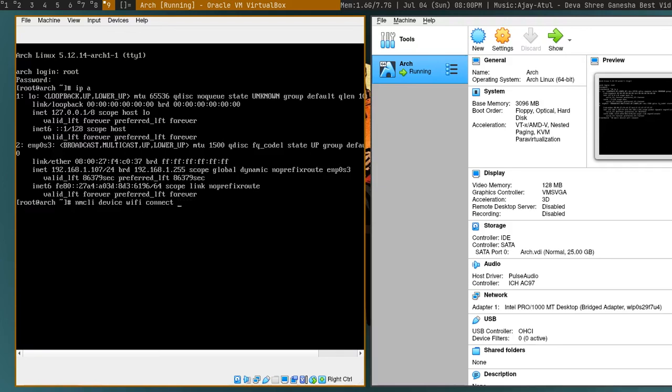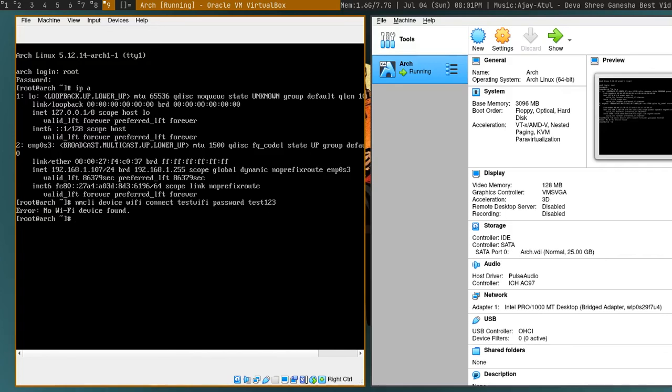Let's say there is a Wi-Fi access point named test Wi-Fi, and the password is test123.